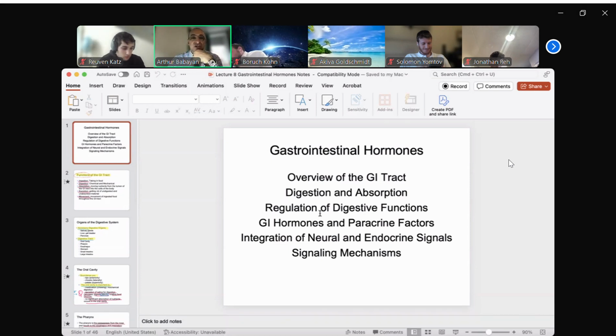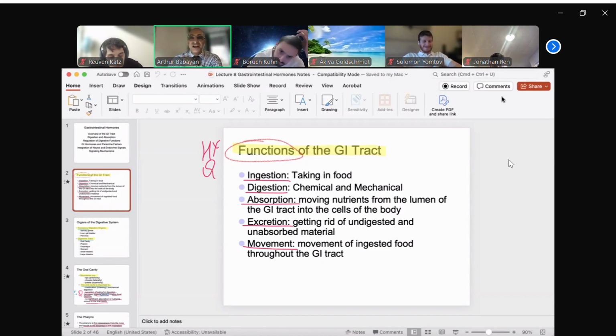Digestion and absorption, regulation of digestive function, and integration of neural and endocrine signaling pathways and signaling mechanisms. Function of the GI tract,